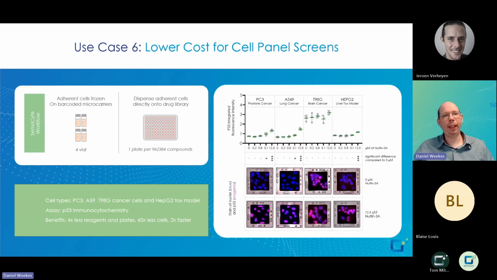So the final use case is looking at how the barcoding that Jerome mentioned at the beginning of the talk can really lower the cost of cell panel screening. Cell panel screening is where you typically want to look at an assay endpoint across a large number of cell types. Typically, this can be anywhere between 5 to 20 cell types. In this experiment, we've done proof of concept for a small panel size, but we believe that you could easily look at 10 to 20 different cell types in a single